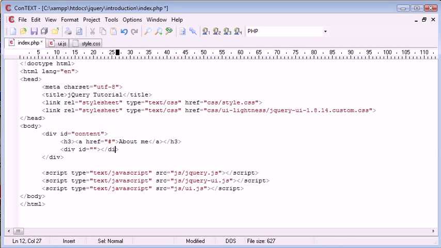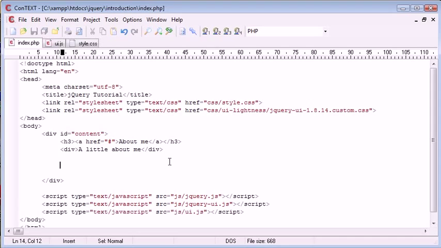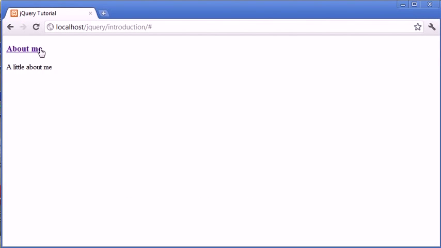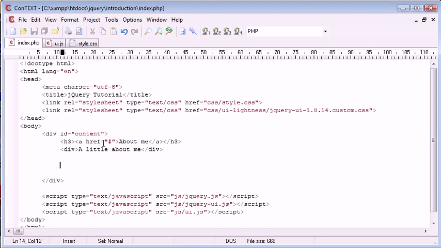So sorry, that should be div. The div here is going to be the area that displays whatever's displayed. So inside of here let's just say a little about me. Okay, so now let's take a look at that. You can see that that's just a header here with a link and then some content, so not really much at the moment. We can go ahead and create two more of these just to get a good demonstration of